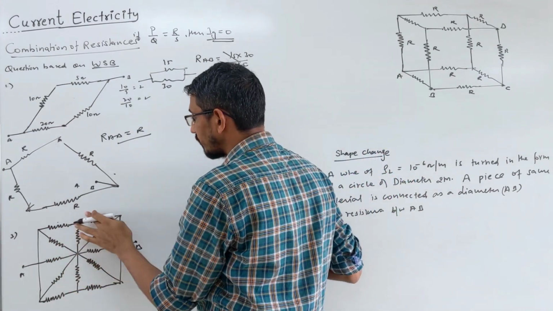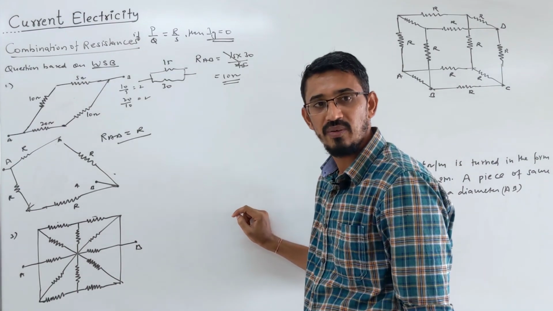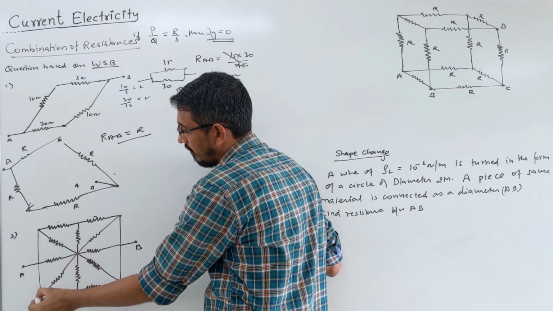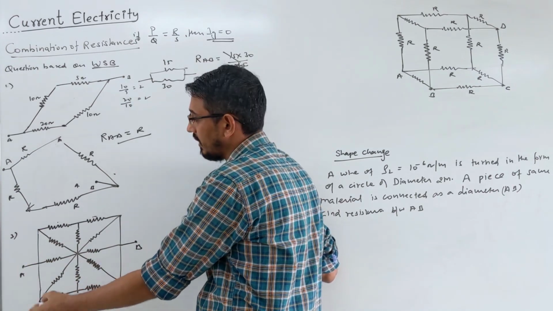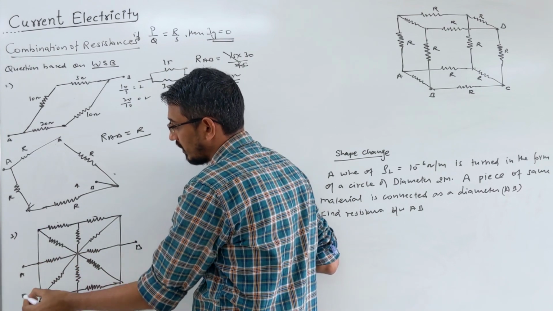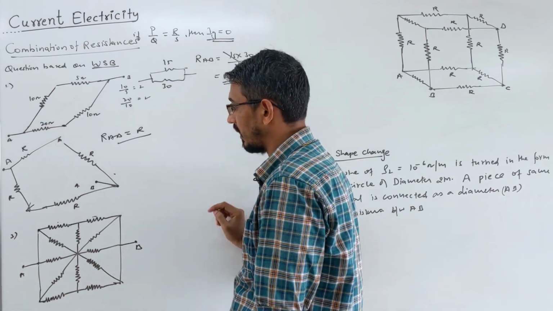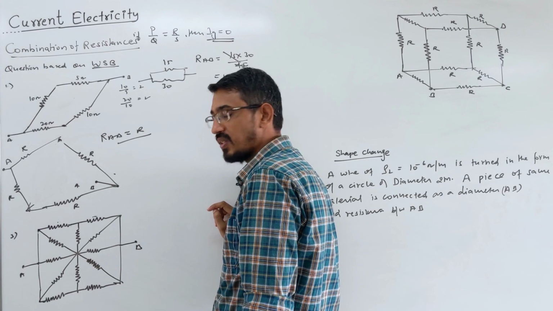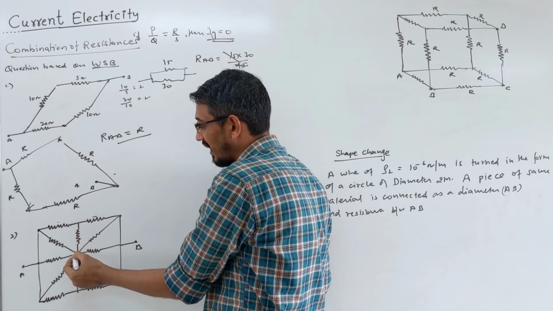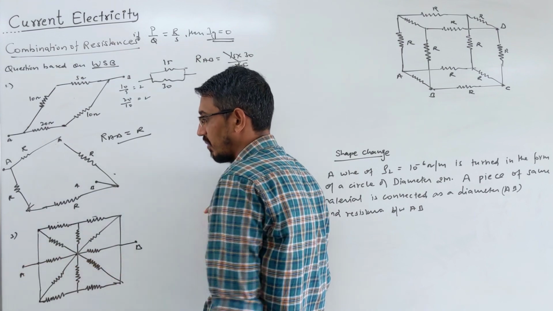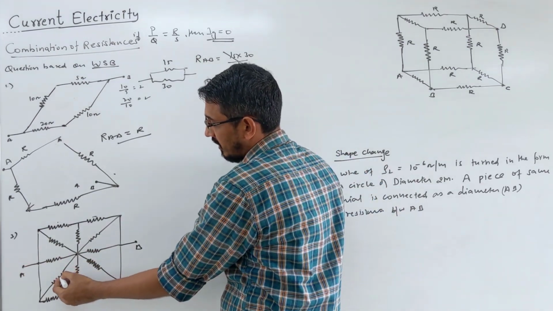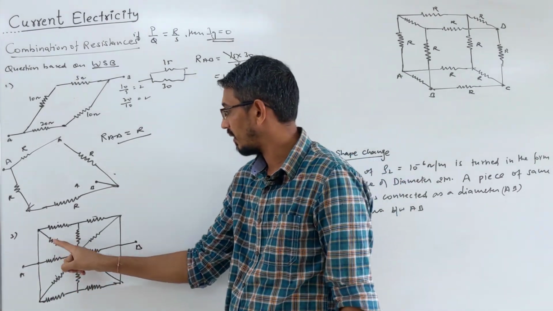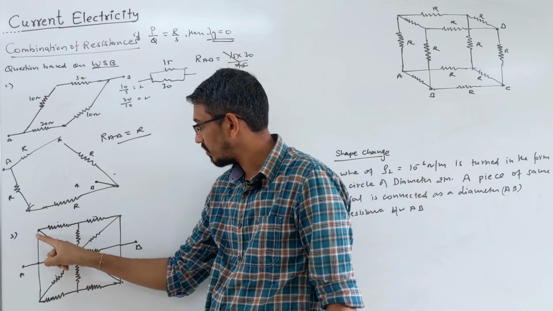So let's simplify that. You can see some series and parallel combination here. Watch carefully. You see these branches, like this one complete branch here. There is no resistance in this vertical line, right? So this point, that point, and that point are all the same point, right? So you simplify this. This resistance and this resistance are in parallel, because one end of each is the same point. And the same thing with this one also, look, 1, 2 and 3, they all are in parallel. R and R in parallel, because this point, this point, this point are the same.